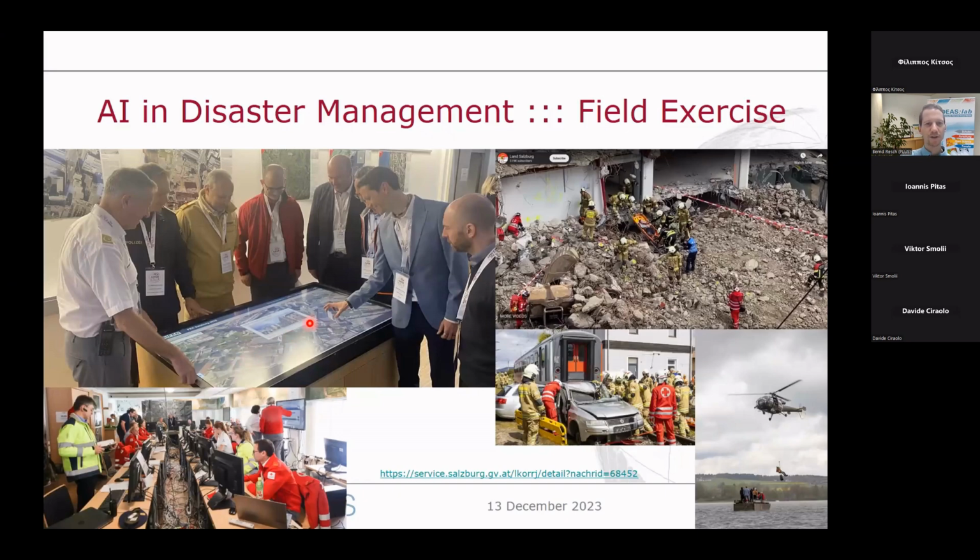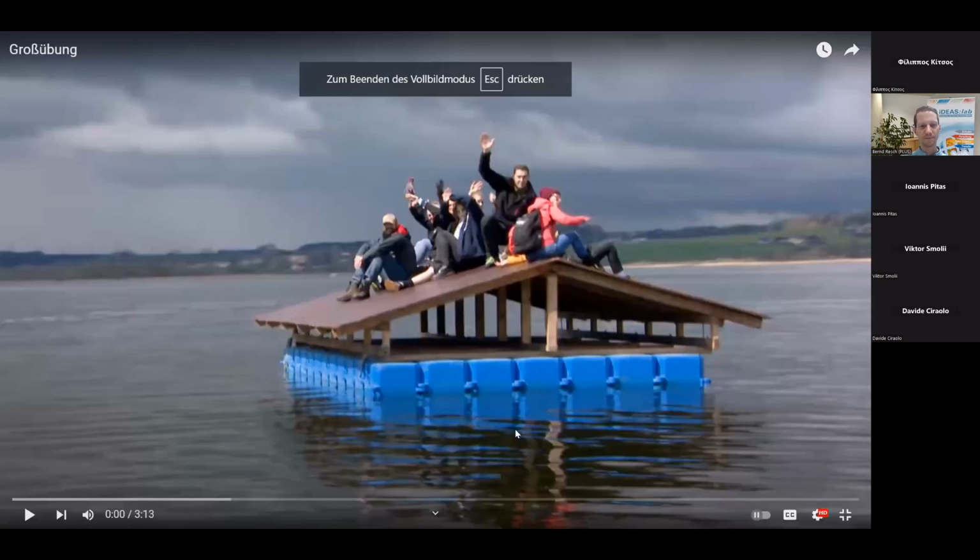This is where we use this 3D model together with the heads of the rescue organizations. This is an image from the collapsed building with rescue dogs and so on as well. That, again, the situational awareness room, and here the derailed train, basically, with the accident. I would just like to show a very quick video that we did so that you get an impression of what really happened there.